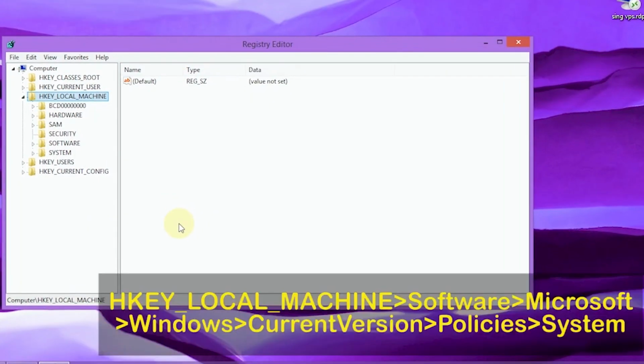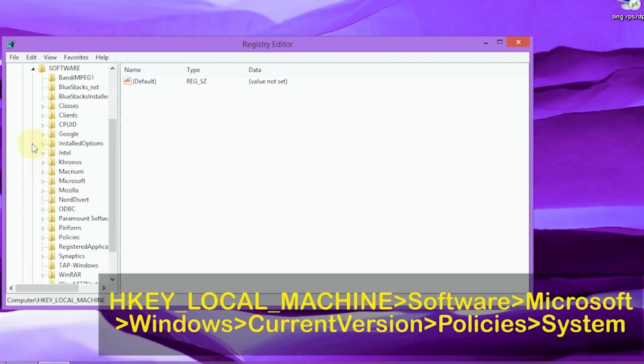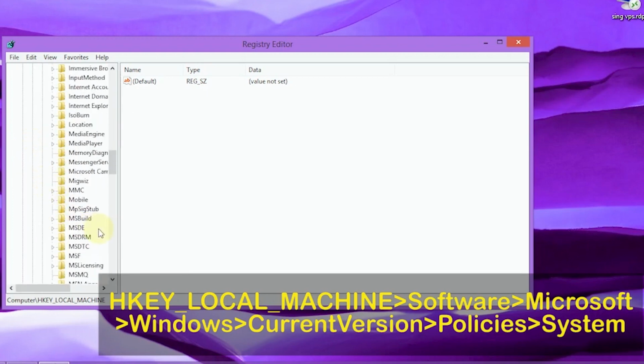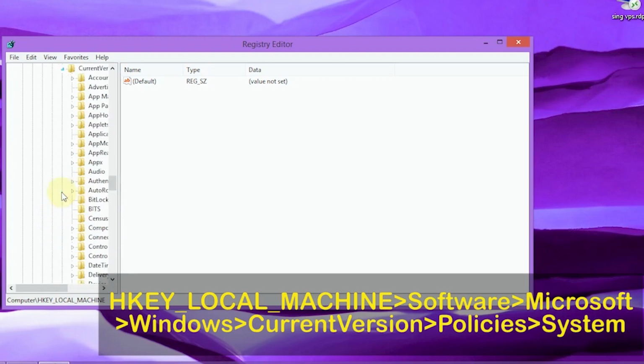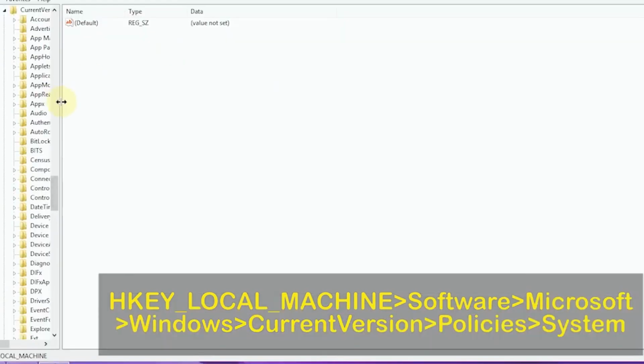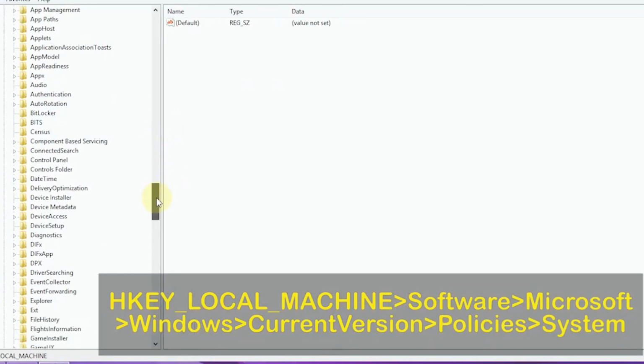When it's open in HKEY_LOCAL_MACHINE, look for the Software folder. Microsoft, Windows, CurrentVersion, Policies.